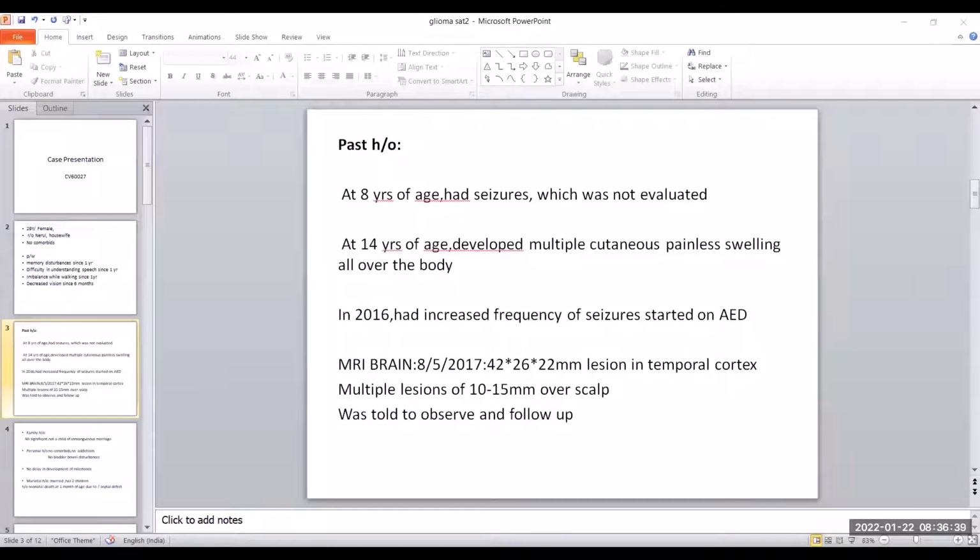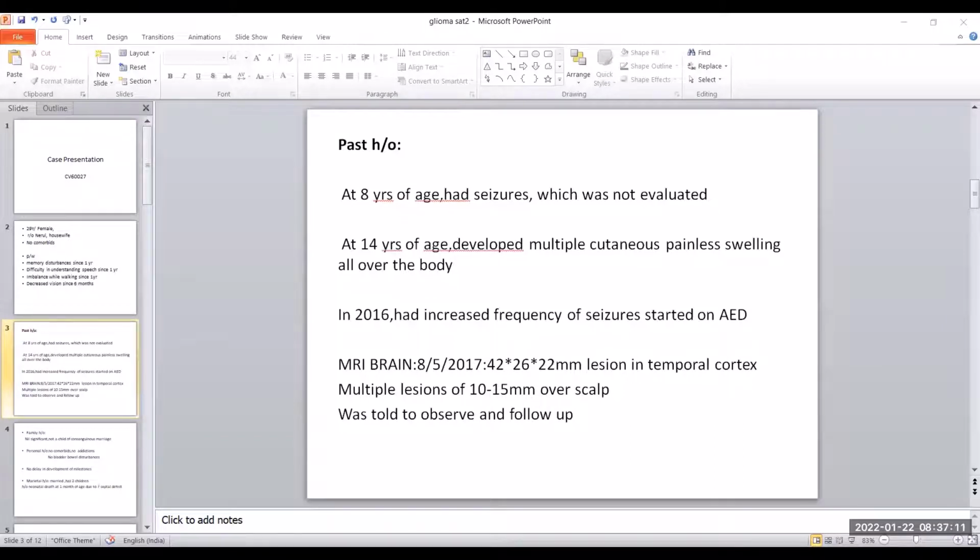Family history: there was nothing significant, and she is not a child of consanguineous marriage. Personal history: no comorbidities, no addictions, and no bowel and bladder disturbances. There was no delay in development of milestones. Marital history: she is married and has 2 children, and there was a history of neonatal death at 1 year of age due to septal defect. On general examination, the patient is moderately